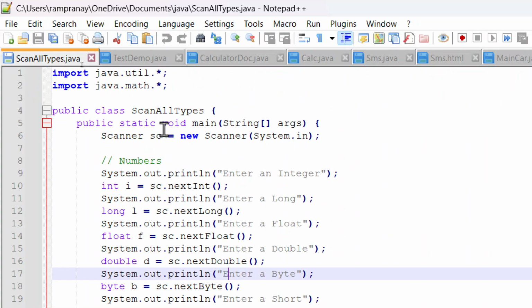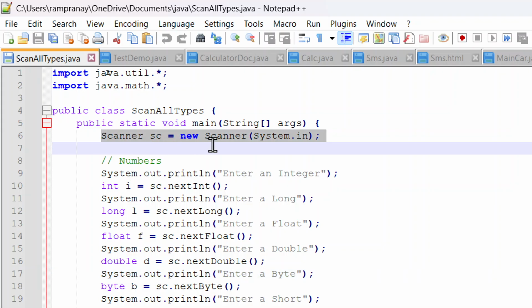So first you have to create one user defined class to get the input scanned by the JVM. First it is public class ScanAllTypes, meaning I am going to give all the input methods here. So I am putting my class name as ScanAllTypes. This is the class definition. And public static void main, this is the main method, because any application Java program will not run without the main method. It should be the entry point. So I am giving the main method here, and this statement is going to give you the life of the Java Scanner